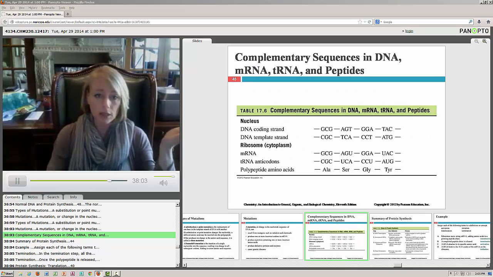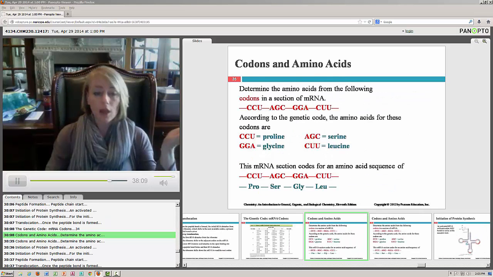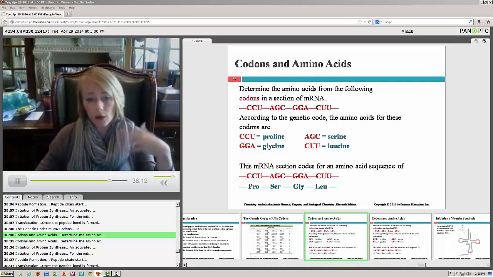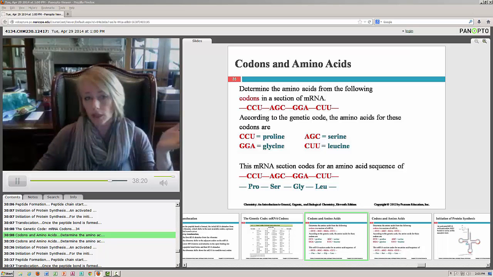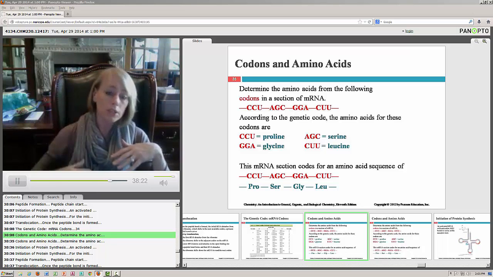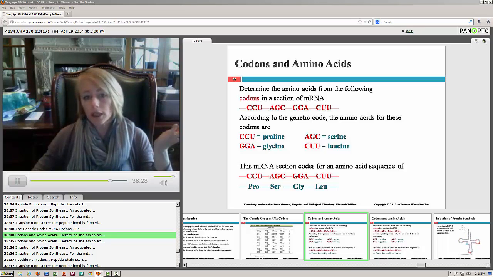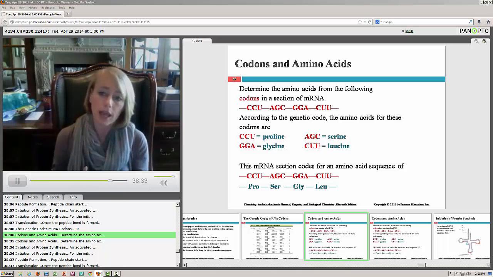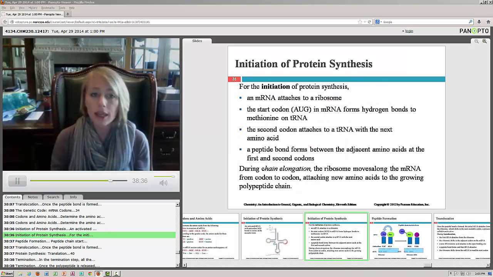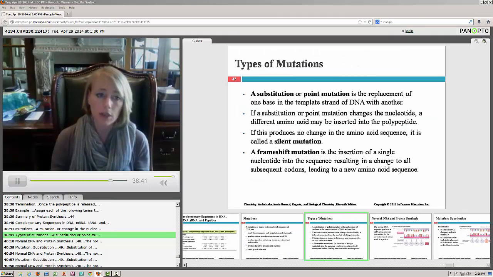Let's look back at the genetic code. When we look at the genetic code of most of them, the third base in the codon is sort of wobbly. You can have a U or a C in phenylalanine, or you can have a U, an A, or a G in the third base in leucine. Therefore, you can have a combination and still get the same amino acid. In that case, we would call that a silent mutation